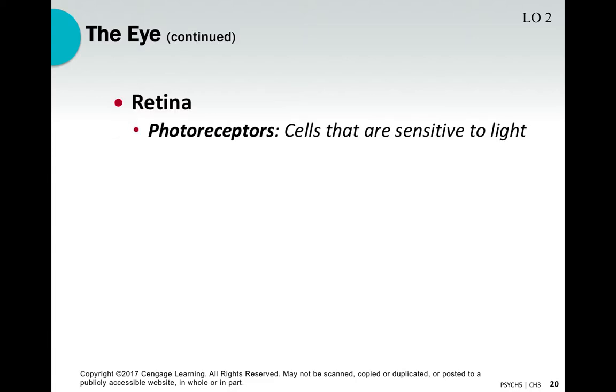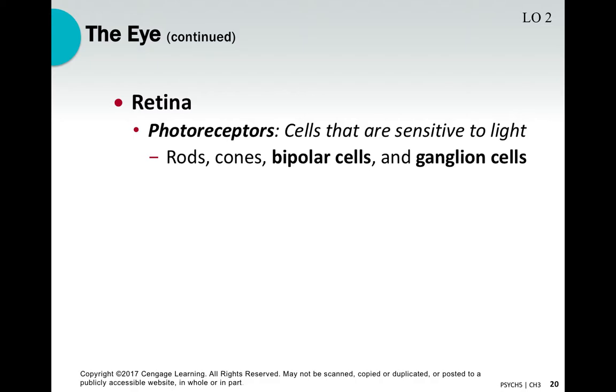So more on the eye, we have the retina. The retina is very important because the retina is the home of photoreceptors, and these photoreceptors are the things that allow us to see color, allow us to see black and white, shades, things like that. You have rods, cones, bipolar cells, ganglion cells. All of these are important for the process of you being able to see light. So you have your bipolar cells. These are simply neurons in the eyes that conduct neural impulses from rods to the cones to ganglion cells. So it's sort of a chain of events.